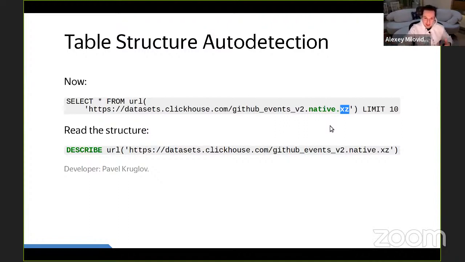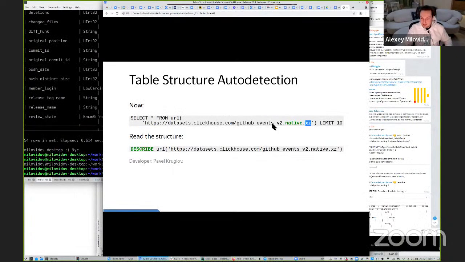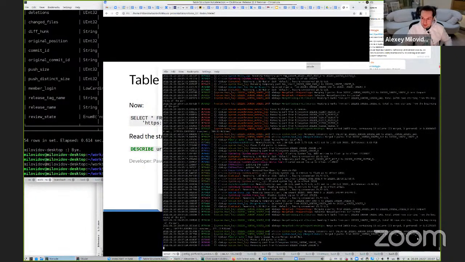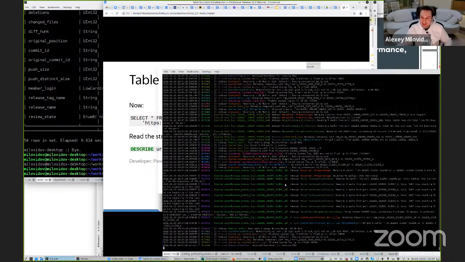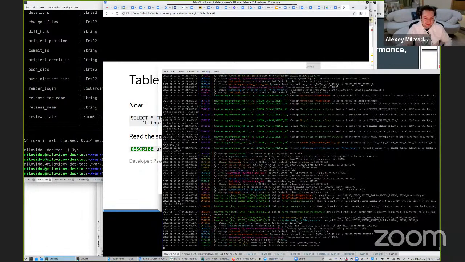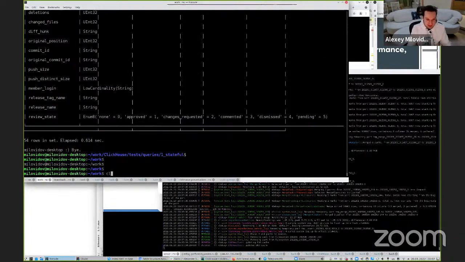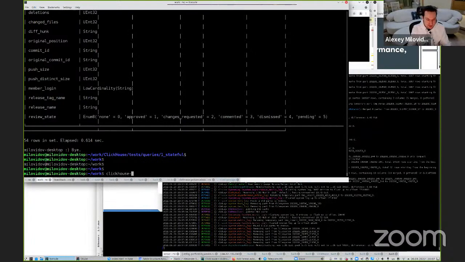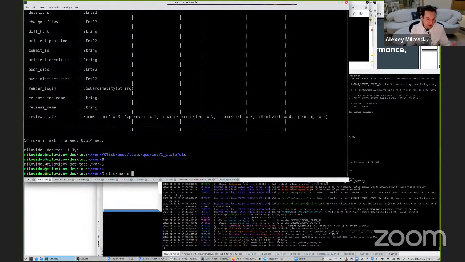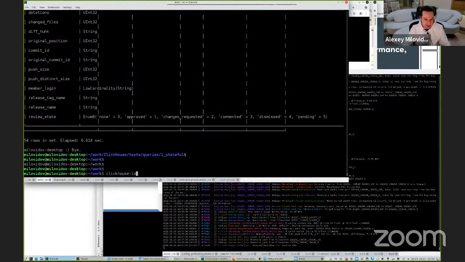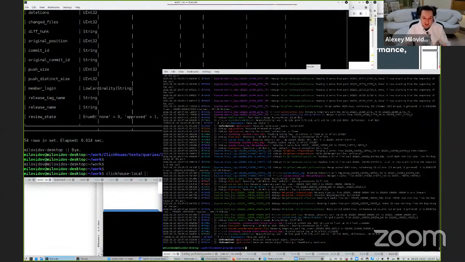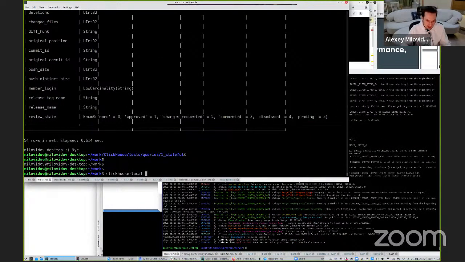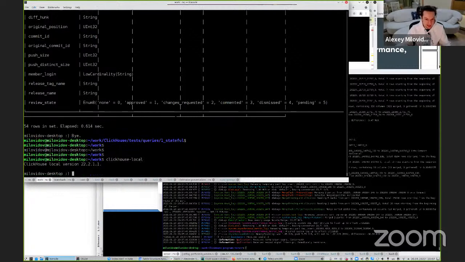Let's try. It should work. I have ClickHouse server already built and running on my desktop. So I can open ClickHouse client or ClickHouse local. Let me use ClickHouse local. It is quite interesting. I will shut down ClickHouse server and just run ClickHouse local in interactive mode.